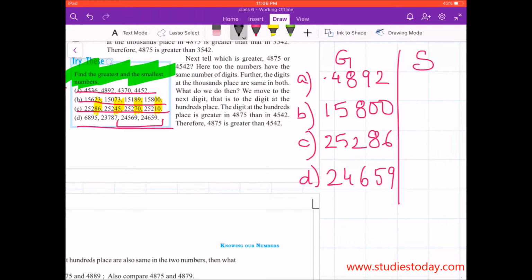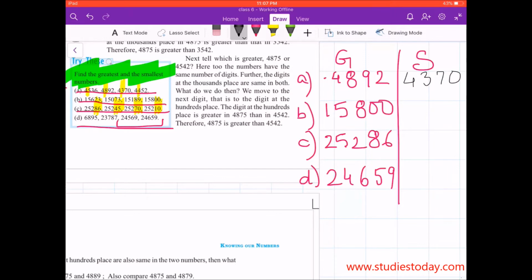So now we find the smallest number. In the A part, I have to see the decreasing order. Like the first digit in all the 4 numbers is 4. So that doesn't give me any comparison. So here I move towards the second digit of the number, which is 5, 8, 3 and 4, out of which I know that the smallest is 3. So that gives me the answer. So the smallest number here is 4,370. Okay. So now we move forward to the B part, out of which 15,800 has already been selected as